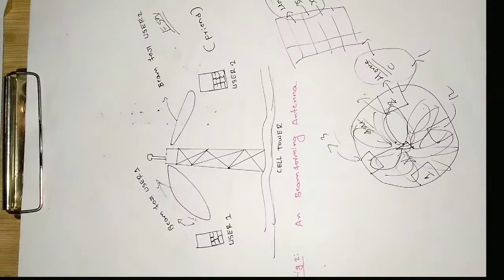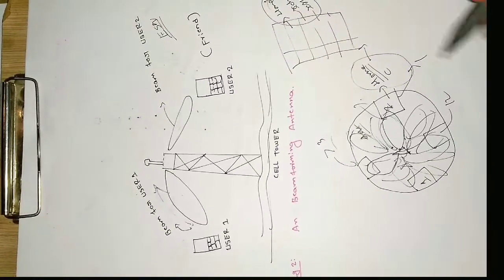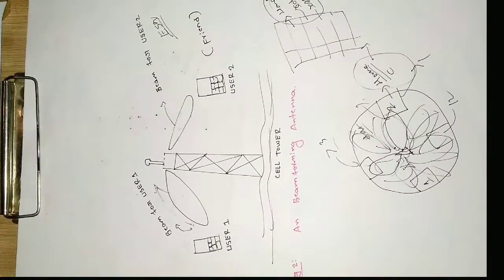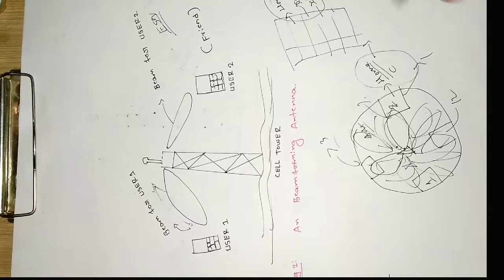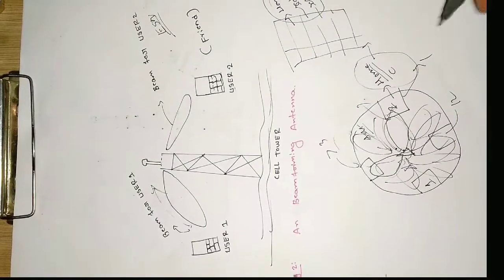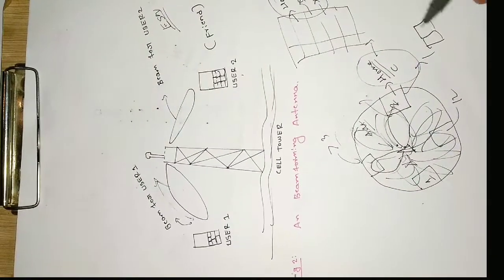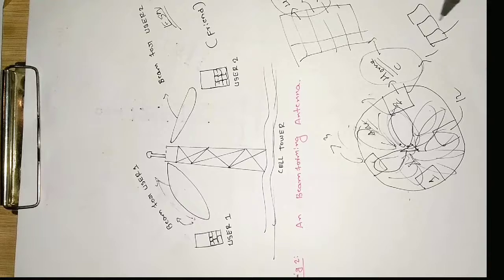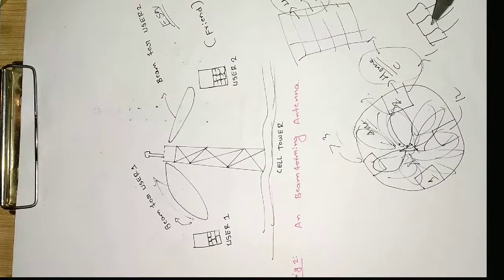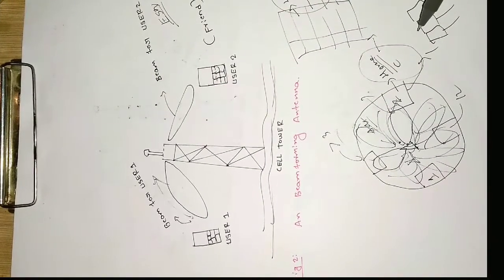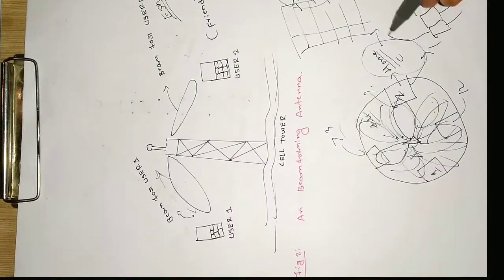Okay, so you can ask how a cell phone tower can form the beam. So that's a different topic, guys. So I will be explaining this in my next video. So we'll be having some array of antennas. So we'll be feeding some independent signals, and then we will be combining these signals to get a beam in a particular direction.